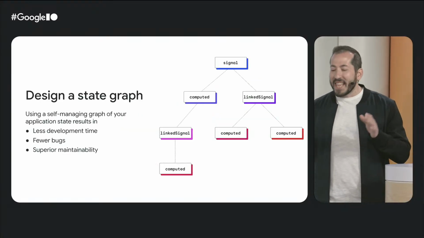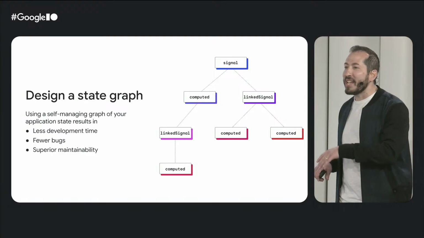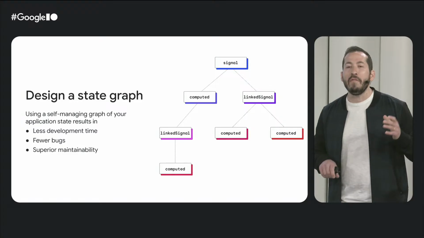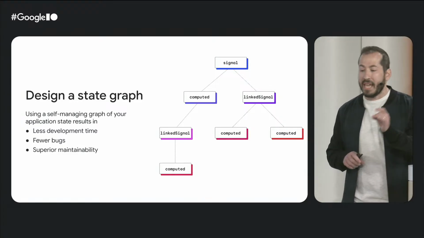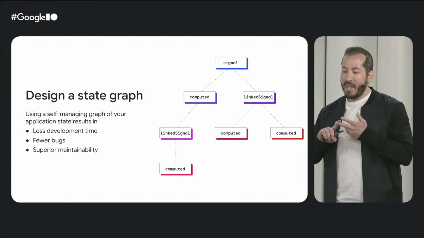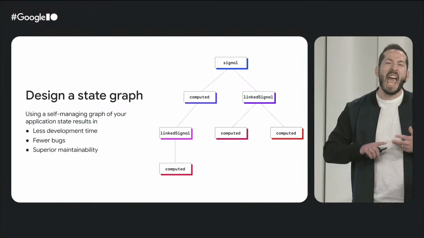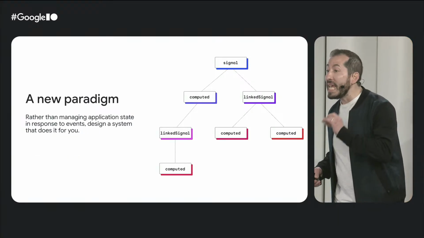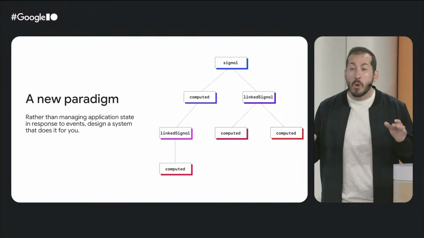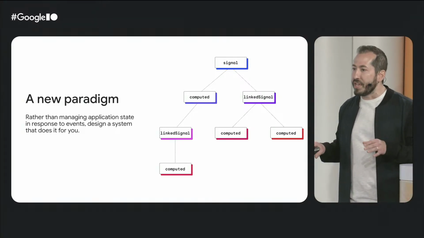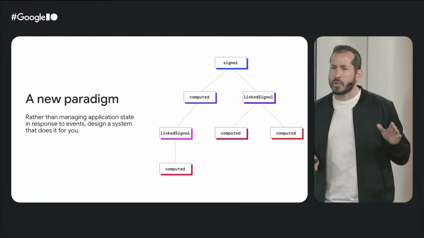When you factor in linked signal, Angular signals give you the ability to create a reactive, self-managing graph of your application state, which means less development time, fewer bugs, and superior maintainability. This really is a paradigm shift and a new way of thinking about state management. And a large part of the reason for this, and I thought this was so interesting,